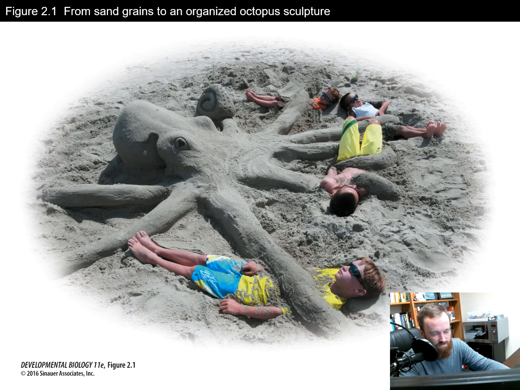So we can kind of think of cells as the grains of sand in this octopus sculpture here. Each one of these individual cells, if looked at by themselves, you would just see a grain of sand, but then when you take them together, they form structures. And we're going to look at how, throughout this course, these structures are created and how cells know their purpose, what type of eventual final product, like a bone cell or a nerve cell or a muscle cell,